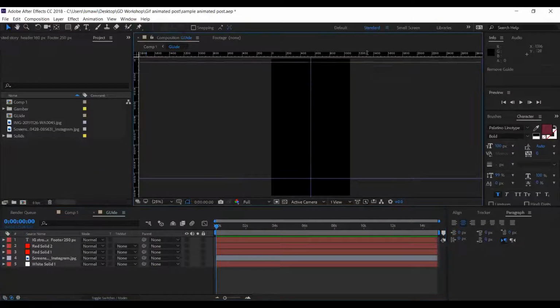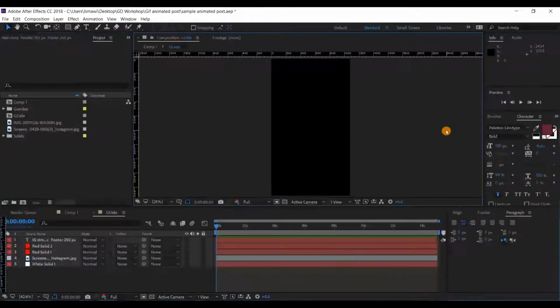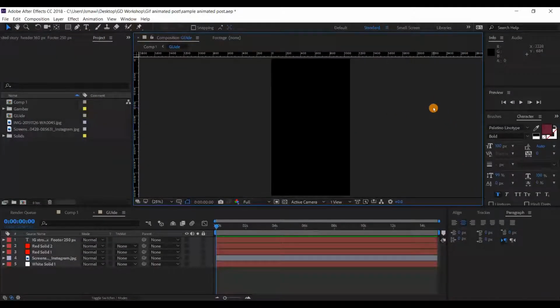I'm going to hide my guide first. This will be our preview for our composition. I hope everybody gets the same setting, except I already turned on my ruler. As you can see on top here, there's a ruler for the horizontal and vertical axes, X and Y, similar to Illustrator and Photoshop. This is what we're going to use as a guide for our composition.